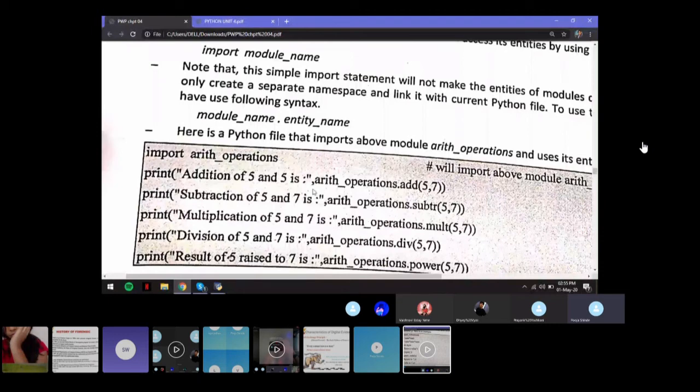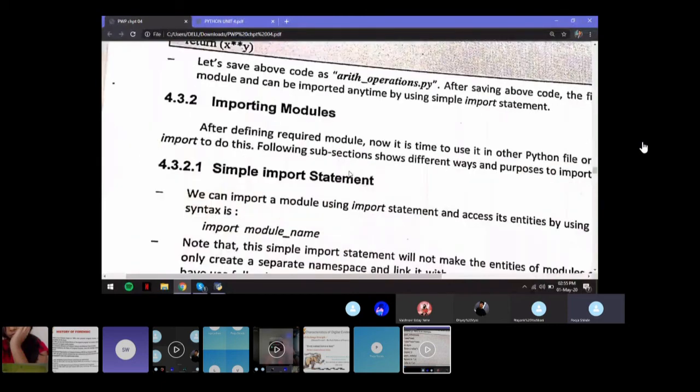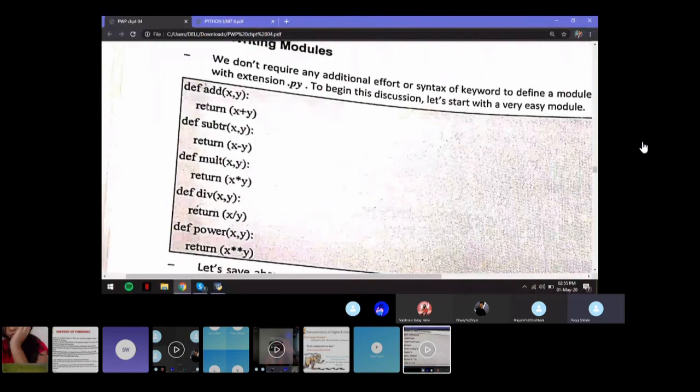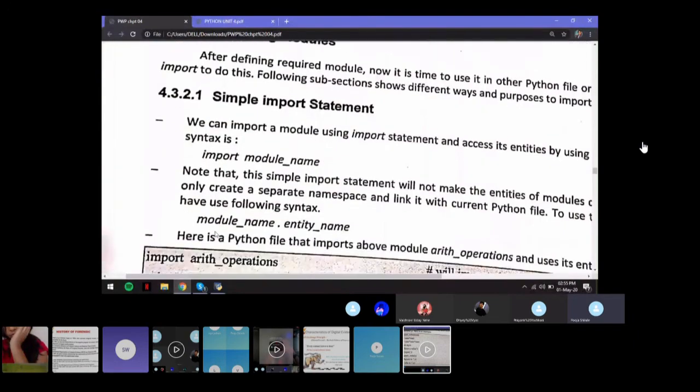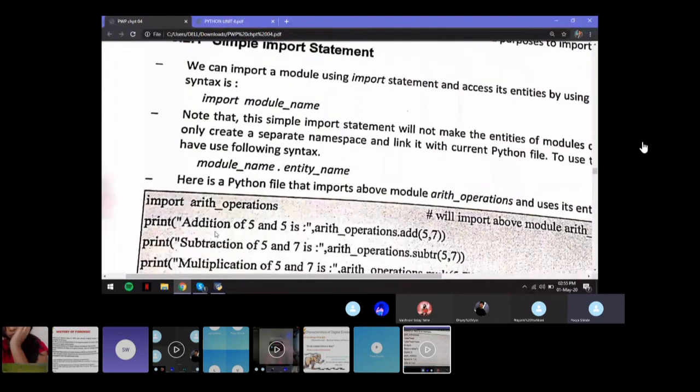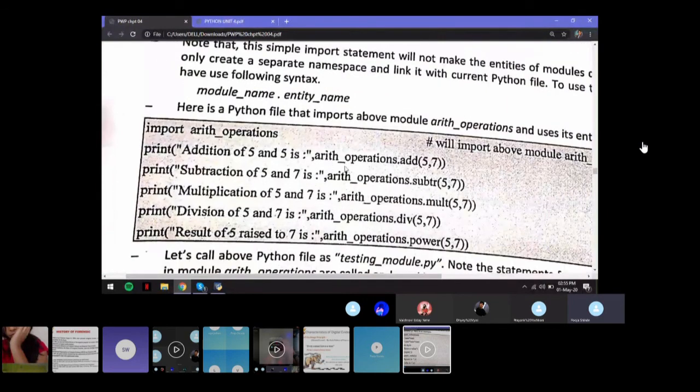So what you need to do is the file name dot the function name. Over here in the above example, what we did was add, subtract, multiply, division, and power. To use the addition method, I'll need to write arithmetic_operations.add, and then pass two variables x and y.